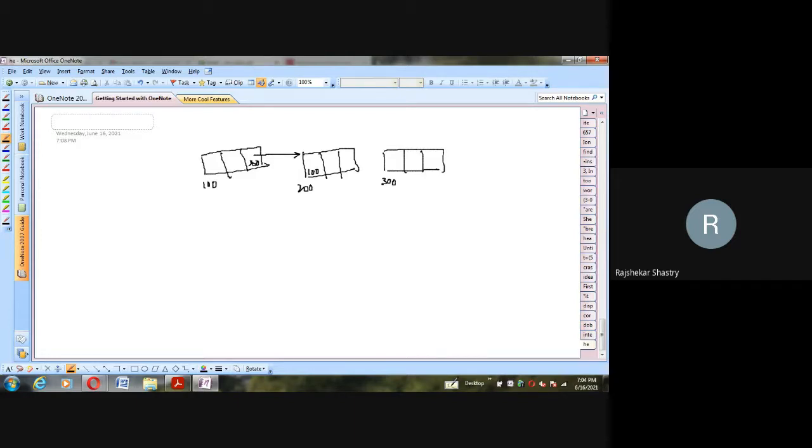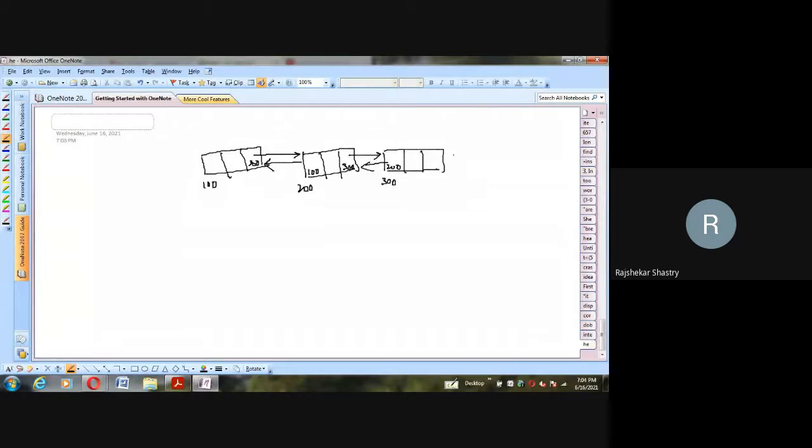So I can say that now this second node is pointing to the preceding node. Similarly, the second node's right pointer should hold 300. Then I can say it is pointing to the third node. And the third node's left link, if it is holding 200, then I can say it is pointing to the second node.